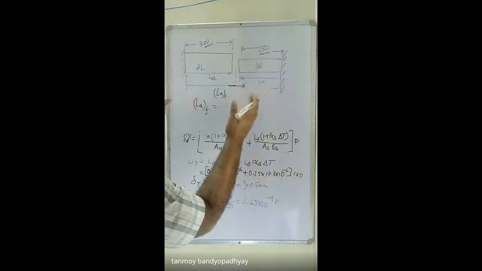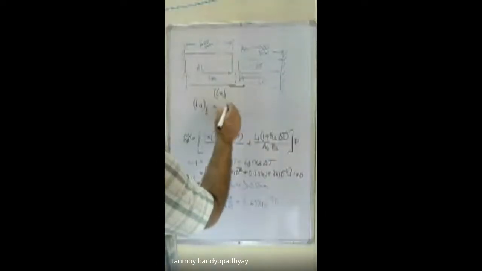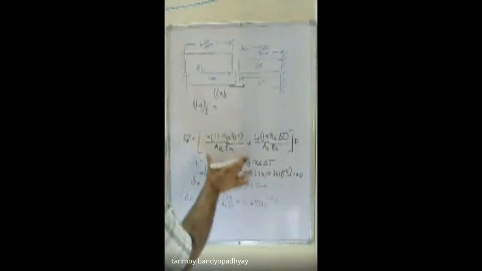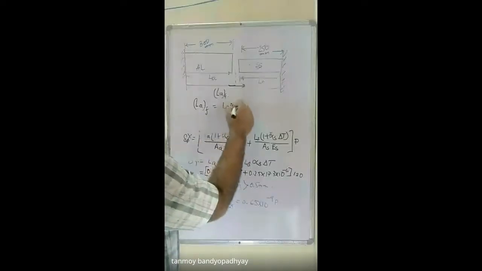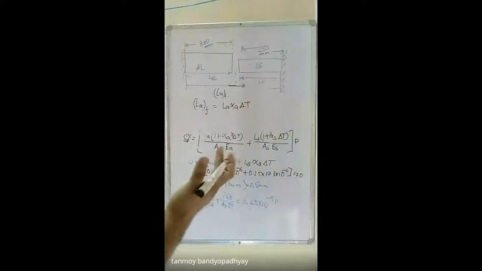So this is the thermal expansion minus the gap. So gap is on both sides. How can you find out that one unless you get the compressive force by this one? So you have to write something like, suppose the alpha T. So what is the expansion in the aluminum part? So that is L_A alpha_A into delta T. So this is the total free expansion of the aluminum bar.